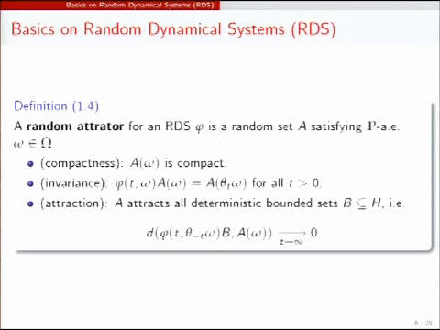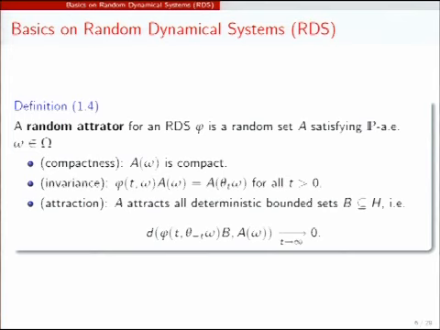Now, of course, now in the proper sense. So you apply the flow, and then the time t elapses after you have done your application to the set. So it should be A at the later omega. Yeah, so it's very natural. So this should be the same. So that's invariant. And of course, it attracts every bounded deterministic set.